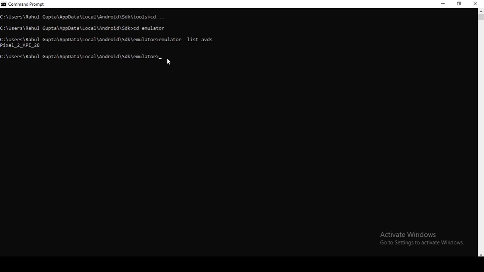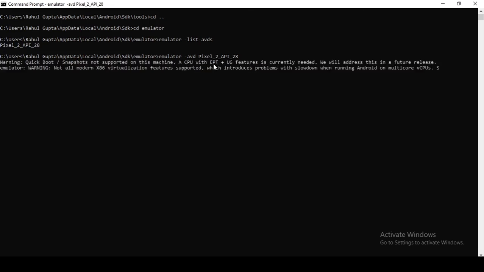To start, just write emulator, then -avd, a space, and the name of the emulator you want to start. In my case, only one emulator is showing here. I grab this, copy and paste it here, and hit enter. It will start the emulator. As you can see, we are showing some warning.